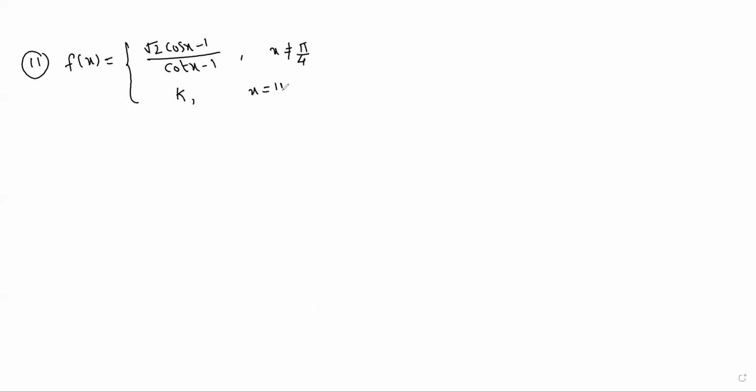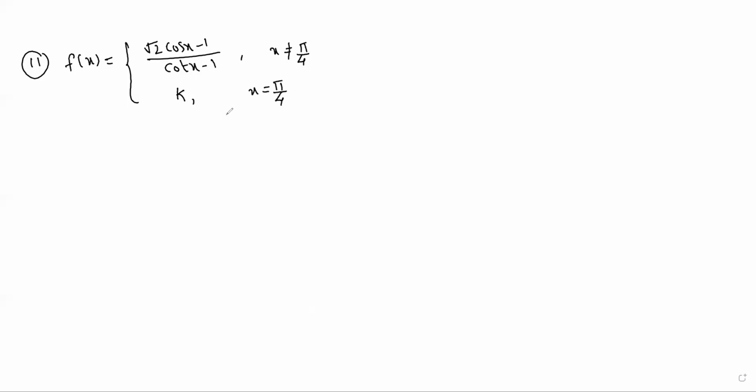Okay, students, next question number 10 you can do easily, just applying L'Hospital rule, or by directly using the formula also you can do. Next, question number 11, also L'Hospital rule only you can do. If you want, I can do the 11th question now. Question number 11, the function f of x is given. The function f of x is equal to root 2 cos x minus 1 divided by cot x minus 1 if x is not equal to pi by 4, a if x equals pi by 4.